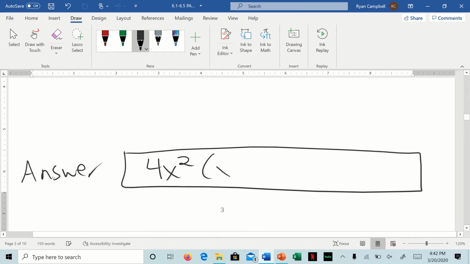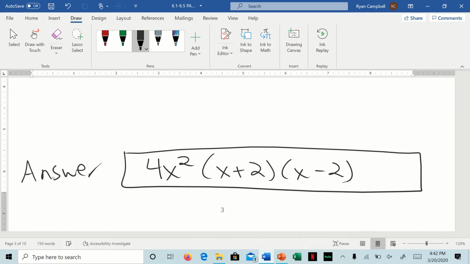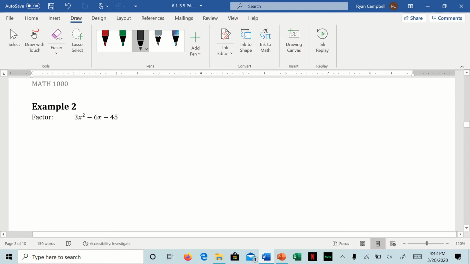All right, and then our final answer is all of it. Now notice we have a monomial and we have linear terms, so we're done. We don't gotta check nothing else. All right, next,